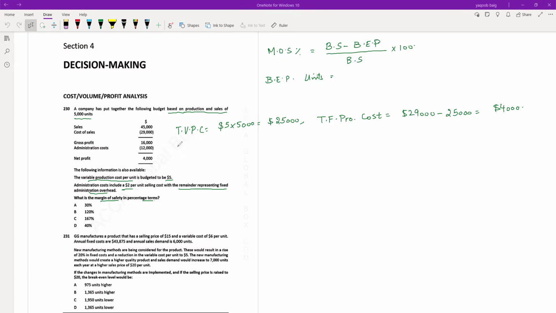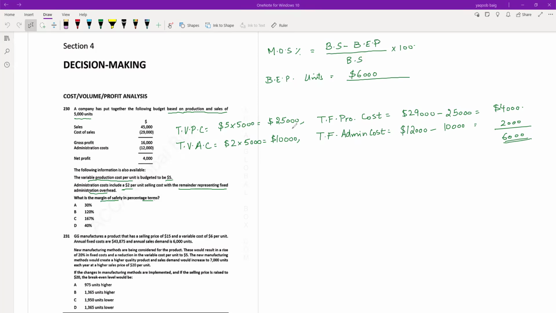Apart from this, we have total variable administration cost, $2 multiplied by 5,000, it's $10,000. Total fixed administration cost is $12,000 minus $10,000. So we have 2,000. $6,000 is the total fixed cost